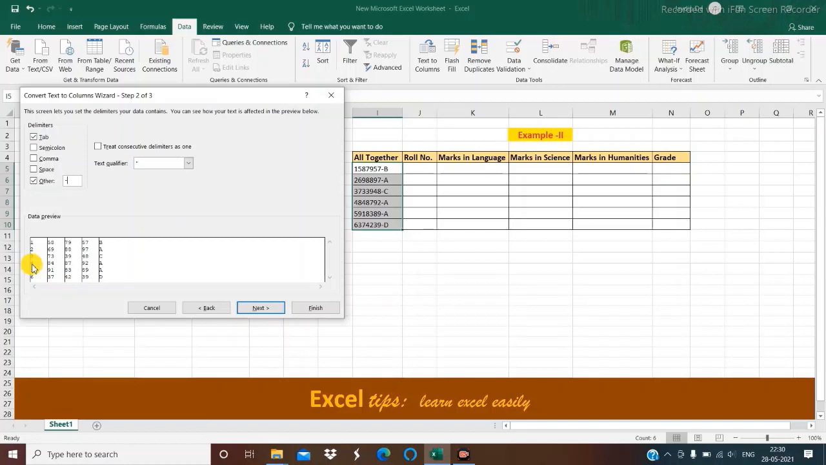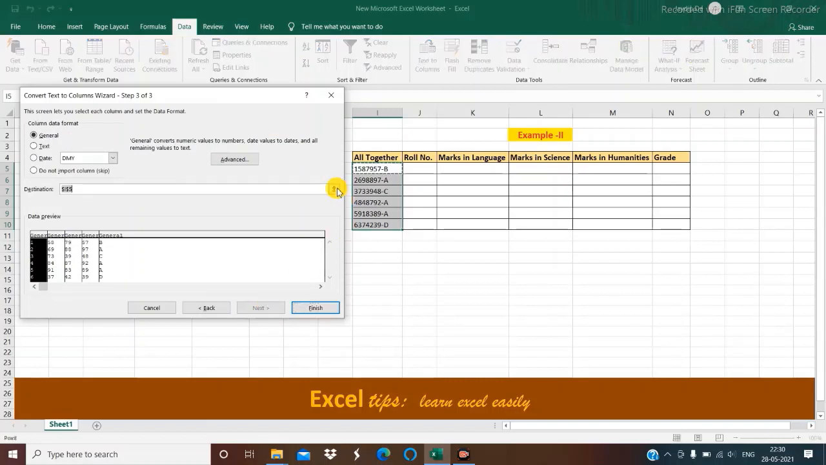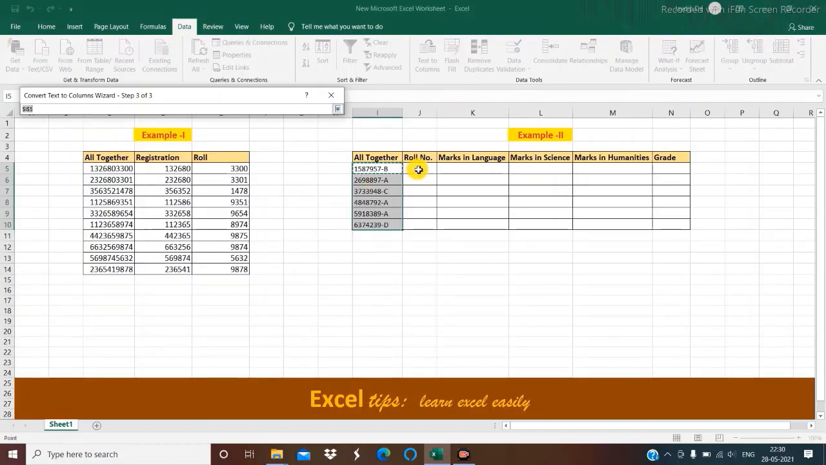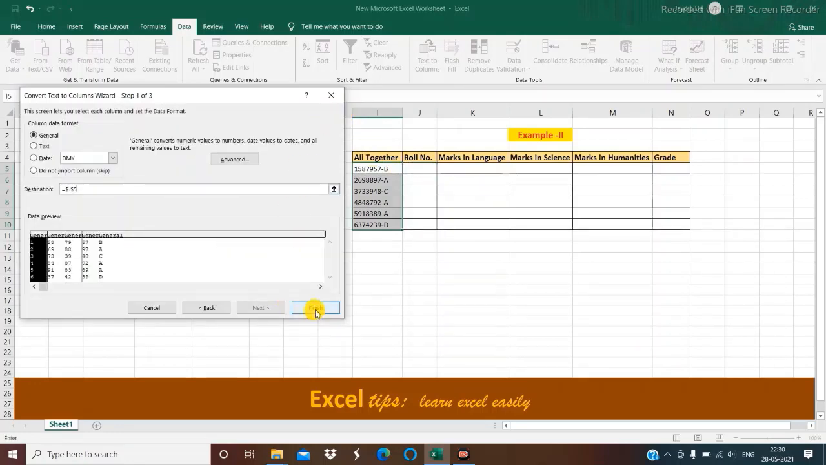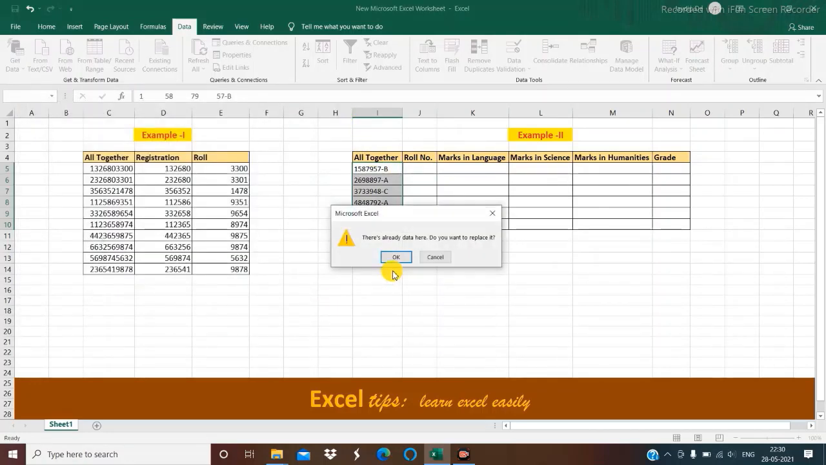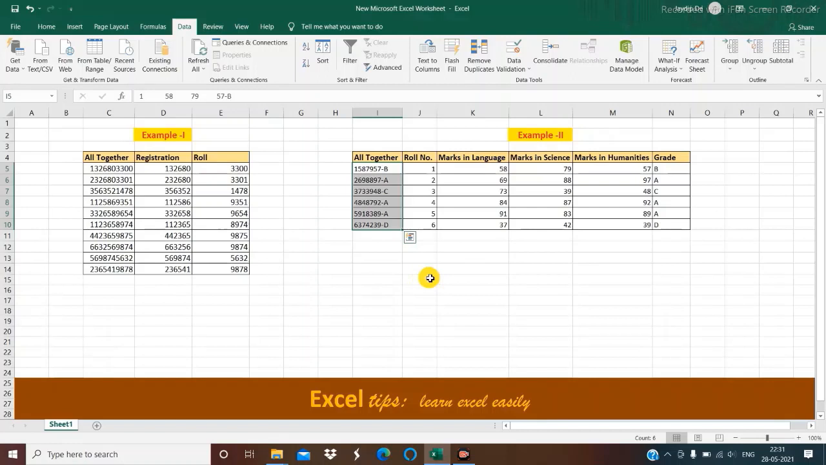Now see how this entire data has been divided into 5 different columns. Then click next and then select the cell where I want to store this data and then click finish. Again a new dialog box appears. Make it OK and then see how the entire data has been divided into roll number, marks in language, marks in science, marks in humanities and